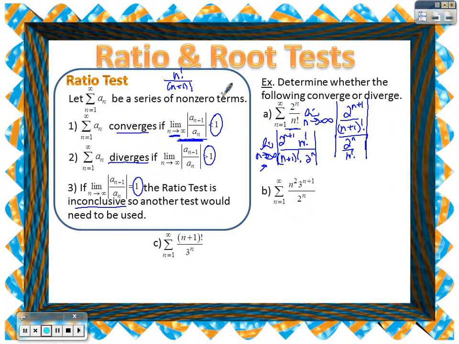Now, numerically, we can kind of get a picture of what's going on. If I make n 10, then I know the numerator is 10 times 9 times 8 times 7, and the denominator is 11 times 10 times 9. And I can tell which is bigger, right? The one that's bigger is the one that I'm going to work on simplifying. I'm going to get it so that it reduces to the smaller one so I can cancel it out. Does that make sense? So I figure out which one is the larger one, and that's the one that I